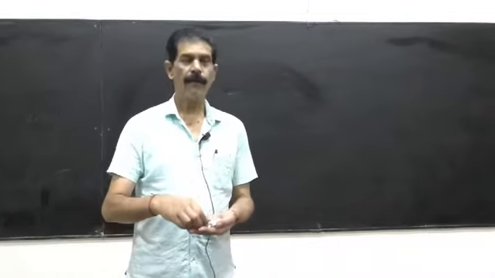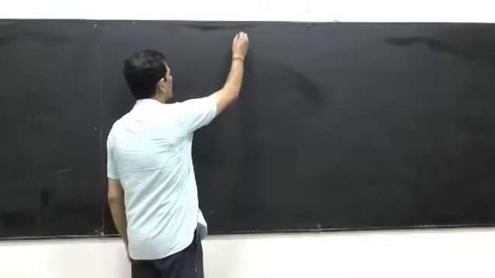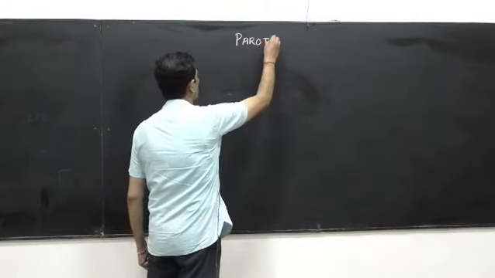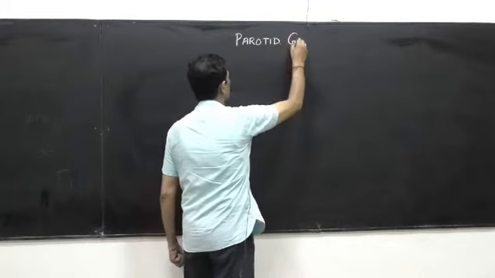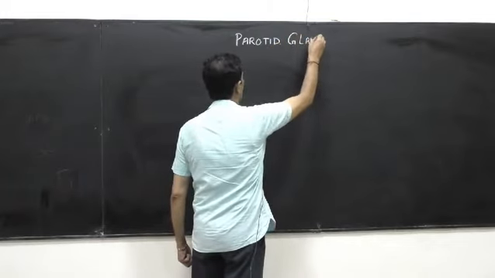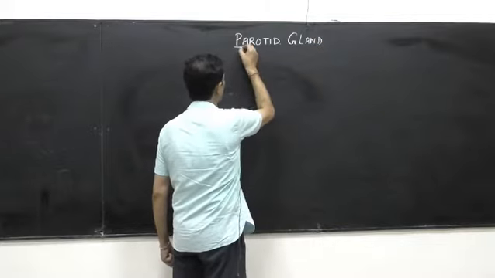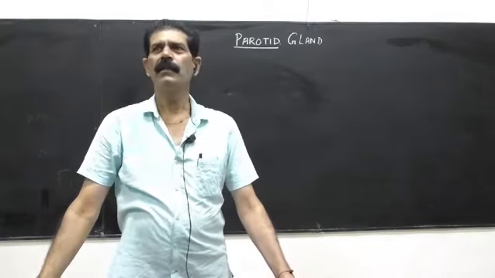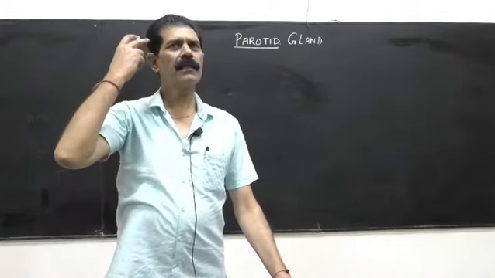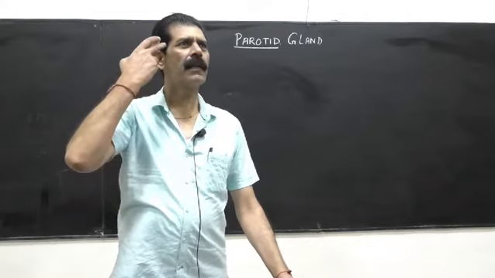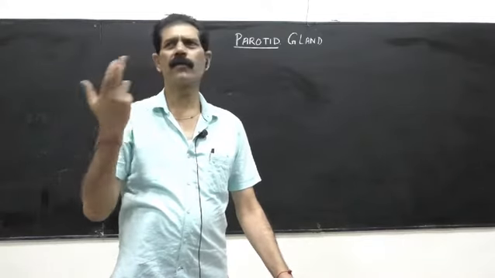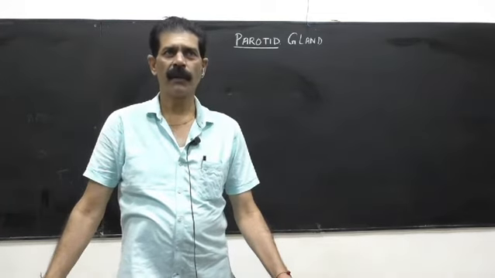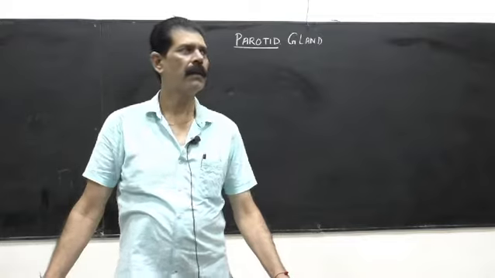Discuss the parotid gland. The word parotid is derived from parallel to otid. Otid means ear. The ear is vertical, so this gland, lying just beside it, is also vertical. Anybody asks you what is the meaning of parotid? Parallel to the otid, or the ear.